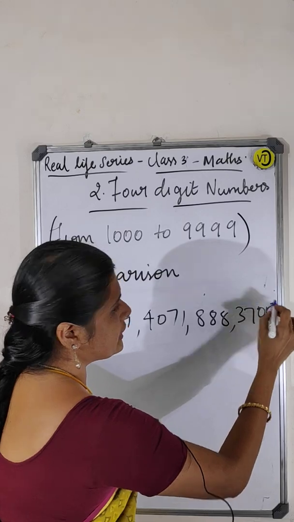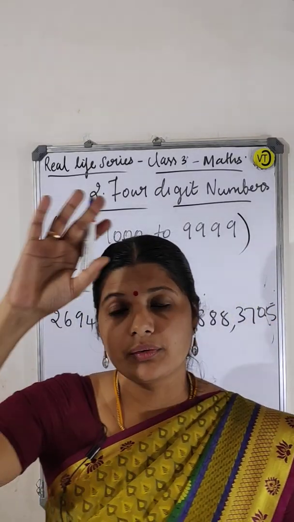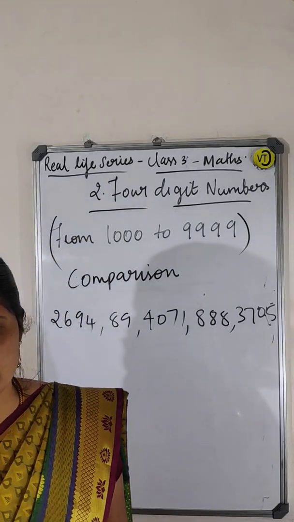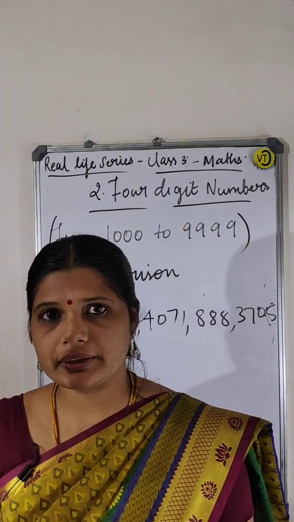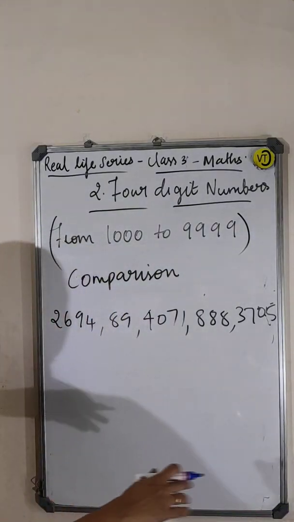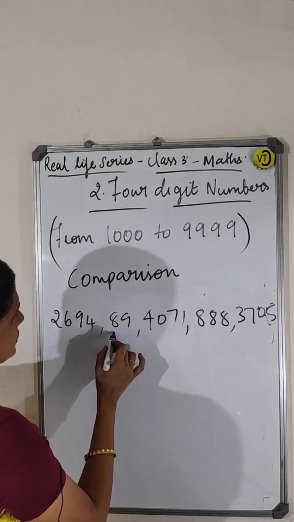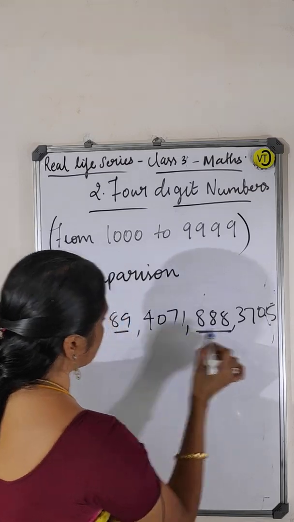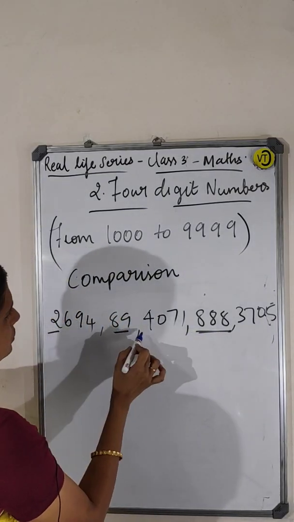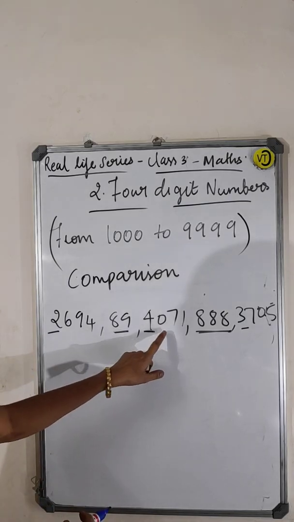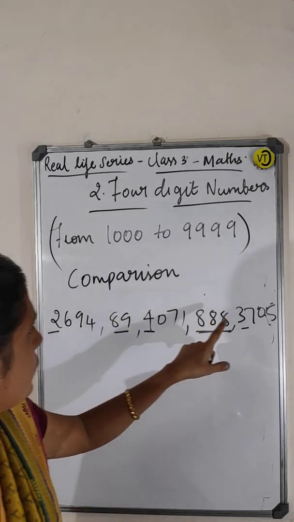Now listen, descending order means what I told you, big to small, right? Ascending order means small to big; descending is big to small, it is decreasing order, you have to write decreasing. Okay, the first number will be... this is a 2-digit number, 3-digit number is there. Okay, this is 2, this is 4 and this is 3. Which is the bigger number here?